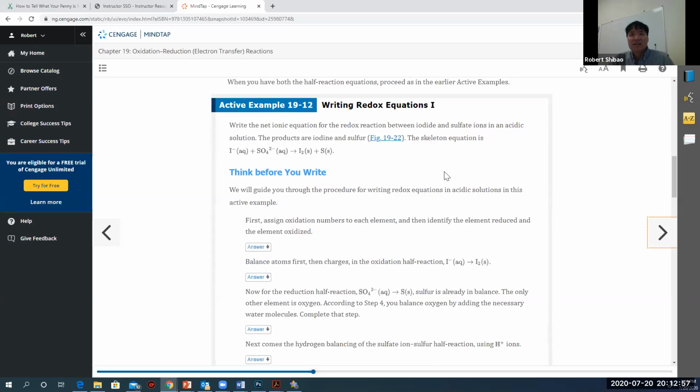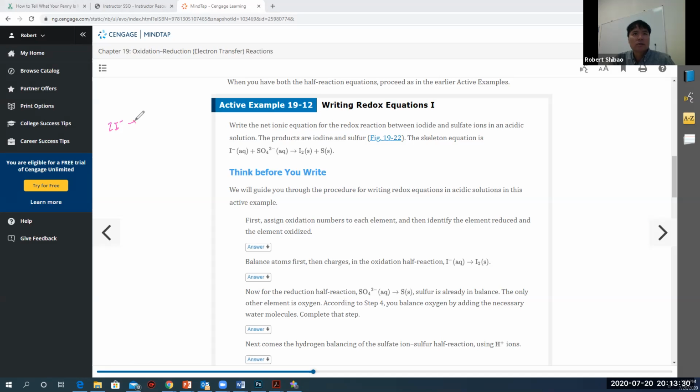So in this example of skeleton redox, they reacted iodide with sulfate and got some kind of reaction. When they looked at the products, they saw that some iodine formed, which is a purple solid, plus some sulfur formed, which is a yellow solid. This was observed in this particular one. So this one is a more useful example than the last one, although iodide's on the chart.